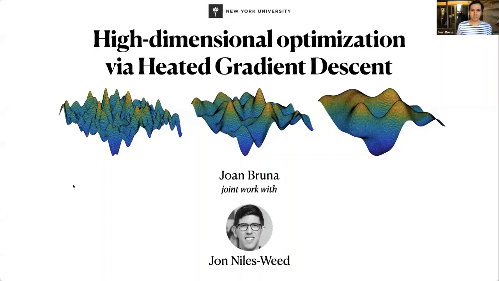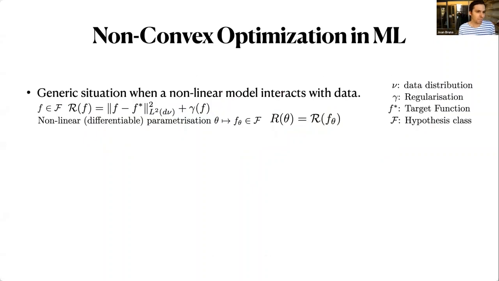So the story really starts with realizing that non-convex optimization is the natural playground for any kind of machine learning system that has some nonlinear aspect. If I think about my learning problem in an intrinsic way, I have some hypotheses, and I might want to choose hypotheses that have good agreement with the data. But as soon as I have a nonlinear parameterization of my hypothesis class, I end up with a function that is non-convex, right? And so